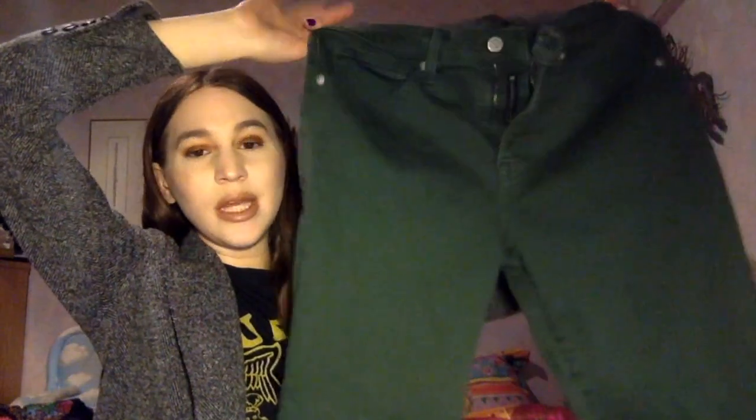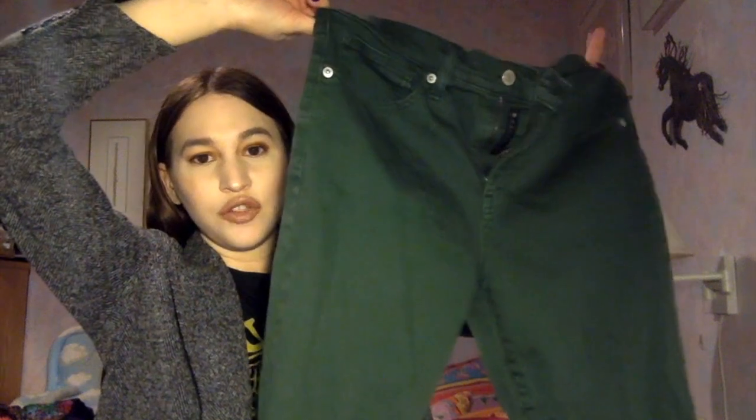5 months, because none of the new jeans fit me properly, but I did like how these fit, and they're really comfy, and I really wanted a jean in this color. I really love the color of these. It's a really pretty forest green, so this is what they look like. And when we come out with colorful jeans, I really want to get all of them, but the last few that we had come out with were either not comfortable enough,